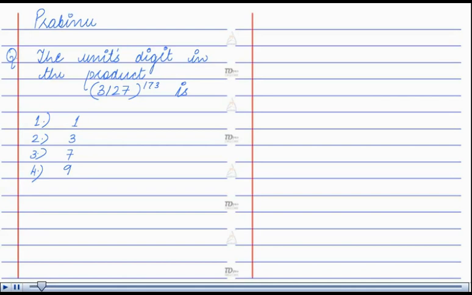Hello, I am Prabinu. The question is, the units digit in the product 3127 to the power 173 is solution. For solving this question, we'll have to check the power cycle of 7, which is 7 to the power 1 is 7, 7 to the power 2, unit digit is 9,